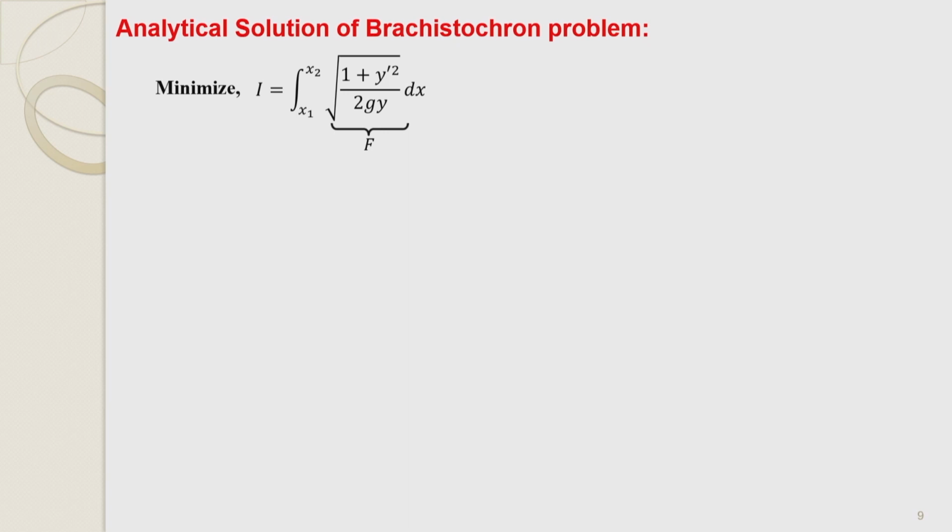Now, we will apply this concept of first variation and Euler-Lagrange equation to our previous problem, that is Brachistochrone problem, where we have to minimize this functional. So, you can see this is a function of y and y prime. Now, this is our Euler-Lagrange equation, which we have derived taking first variation of this functional to be 0.